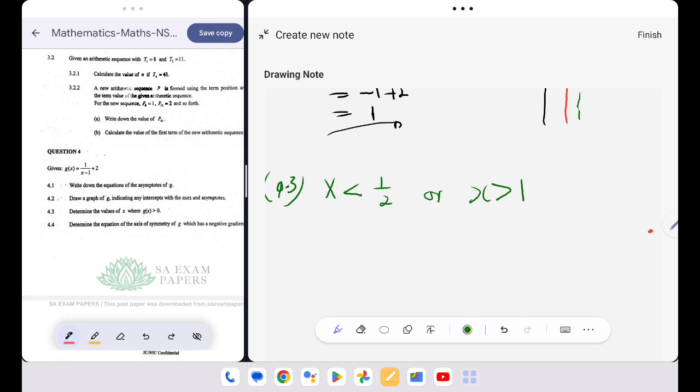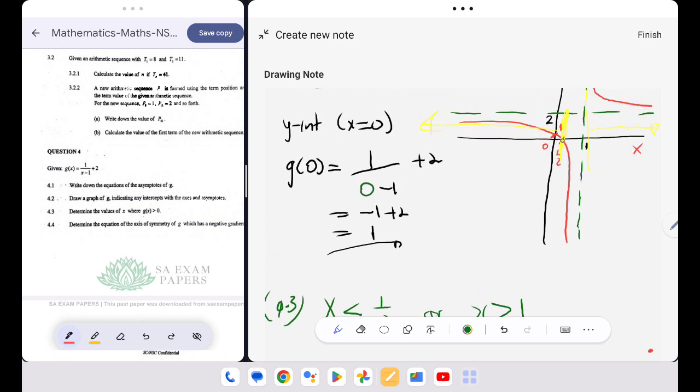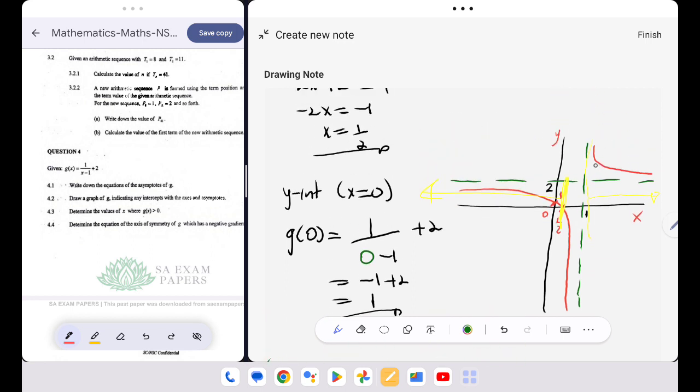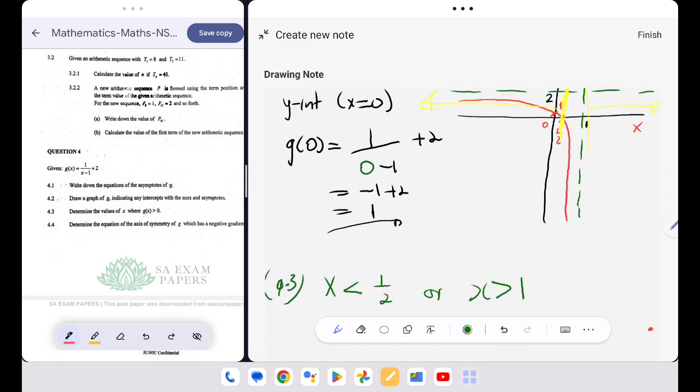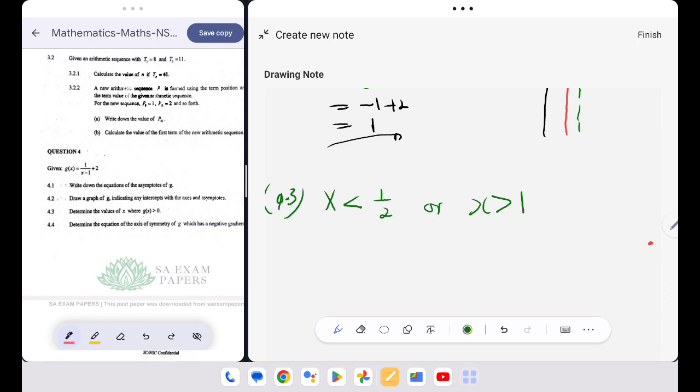Because I know whenever x is less than 1 over 2, from 1 over 2 to the left, my graph will always be above the x-axis. And whenever x is greater than 1, my graph will always be above the x-axis, rather, not asymptotes, the x-axis. Then